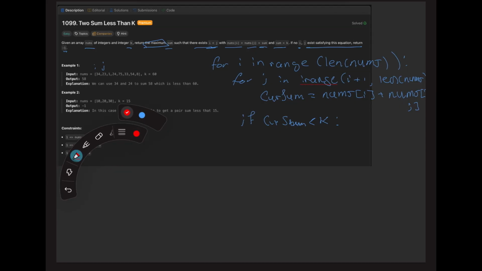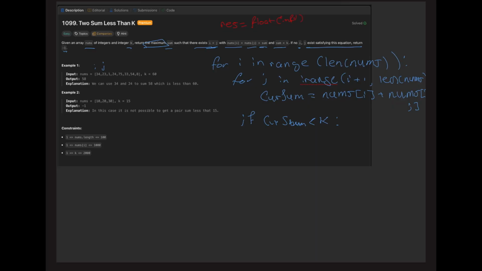The result should be initialized here. The result is equal to float negative infinity,